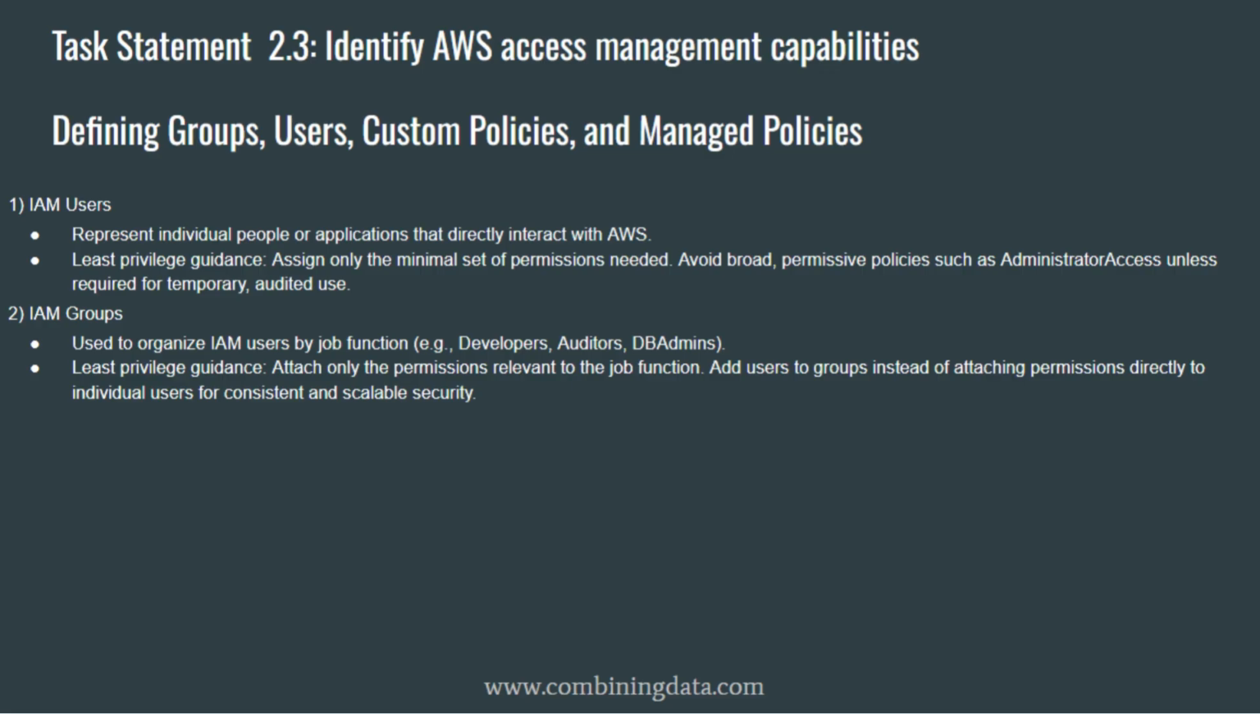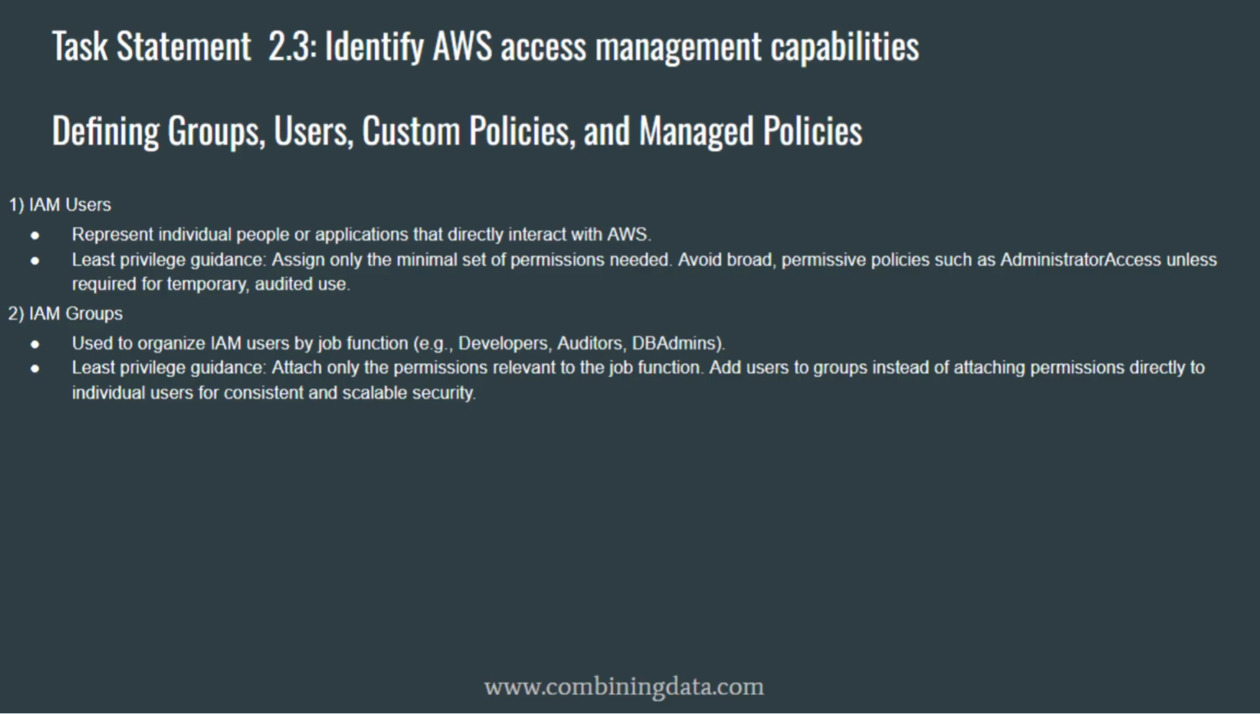From a least privilege standpoint, each group should have only the permissions required for that specific role. No extra access. Now let's talk about policies, which are the core mechanism that actually defines what users, groups, and roles are allowed to do in AWS. First, customer-managed, custom, policies. These are policies that you create and maintain yourself, and they give you the highest level